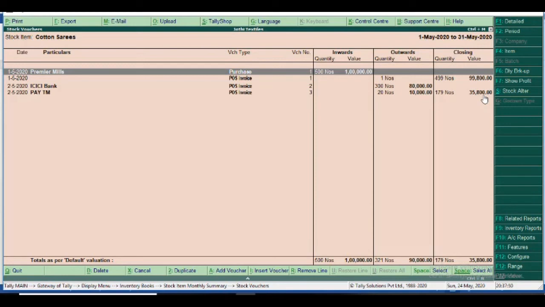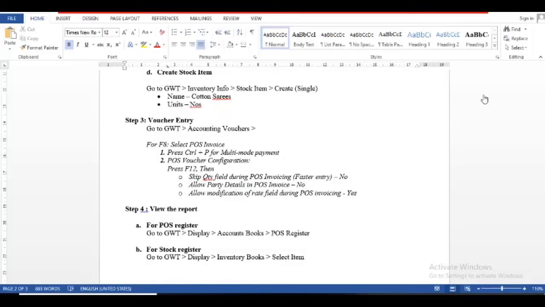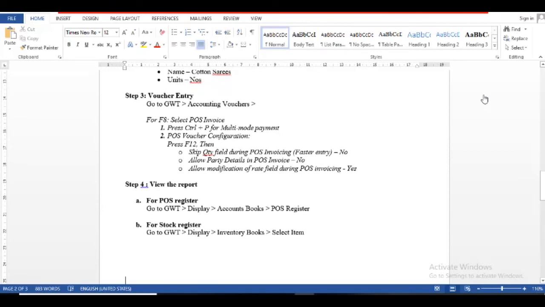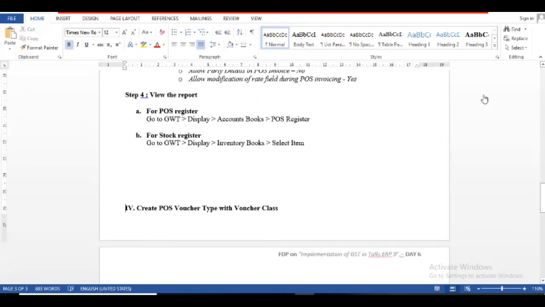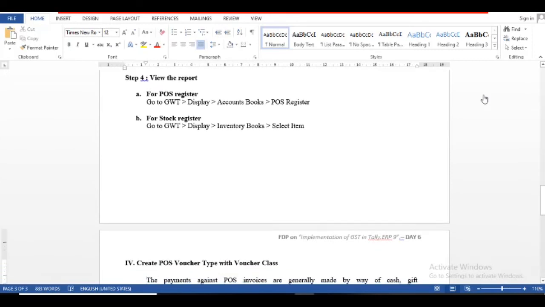and maintain the stock register. Okay, then I discuss, yes, some special condition that is not covered in our topic, but I discuss it with you. We know the voucher class.